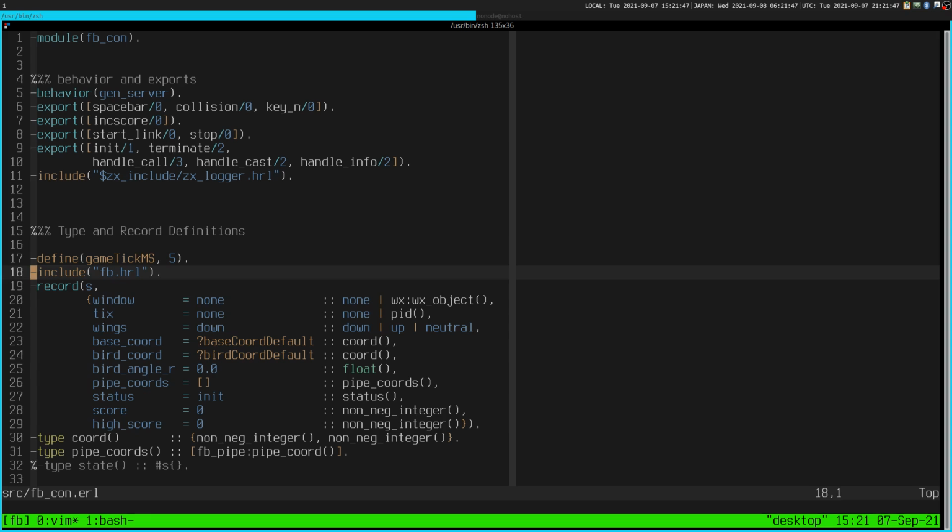Includes the header. Alright, so our window is either none or it's the WX. WX is a graphics framework, and that'll be the GUI module. The ticks is none or a PID. Wings, right, wings are down, up, or neutral. The base coordinate, right, so